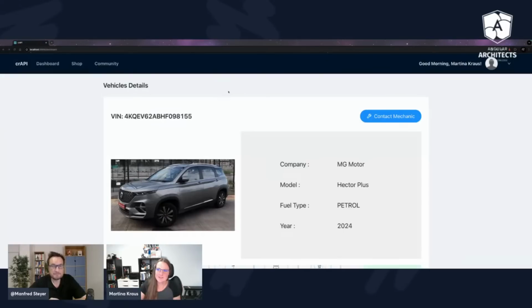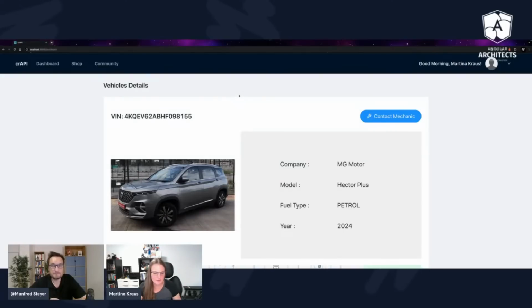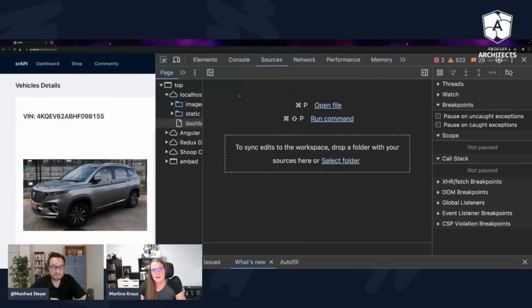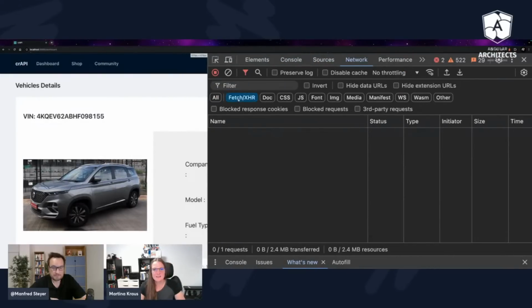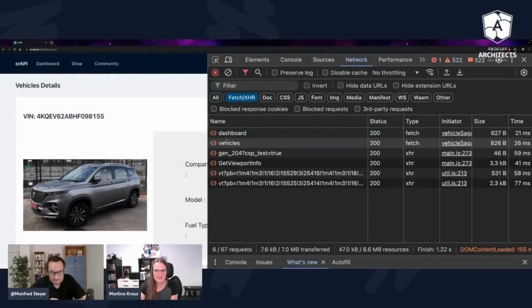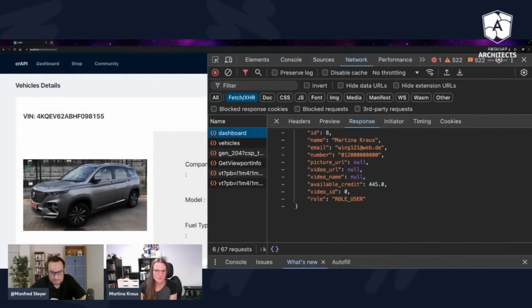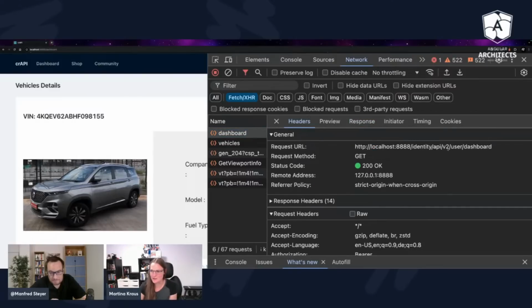So let's start with the first one. One of the common attacks is to try to access some data that doesn't belong to me. We see here I have a couple of requests to the dashboard, a request to an API user/dashboard.